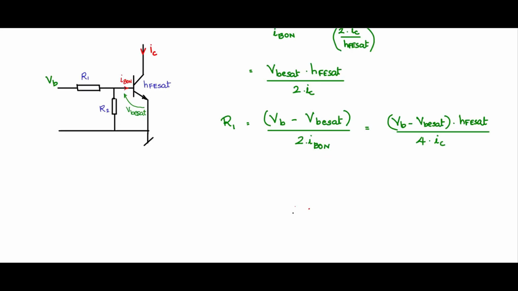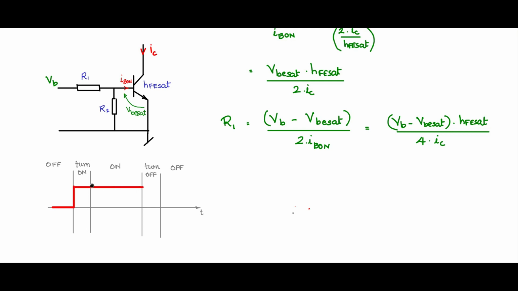For this circuit, let us see how the dynamic characteristic looks like. So let us plot against time t. This is the off state, on state. You have the turn on, you have the turn off, and this is the off state. During the off state, IB is 0. So the current here is 0. And during the time when you want to turn it on, the on state, this is IB on. However, there is no special arrangement in the circuit to provide a turn on surge. It will just go and stick to IB on even during turn on.